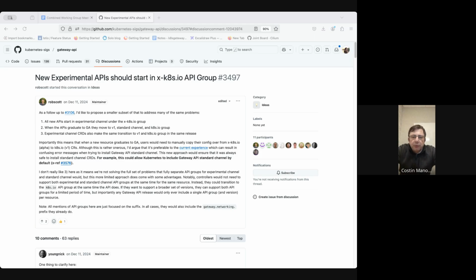We support it exactly in one form. You cannot have V1 and V2 of the same API at the same time. Oh, which is okay, but we would be able to support the experimental group of policy X and the non-experimental groups of policy X. Yeah, we can support any subset of the CRDs defined in the X Kubernetes.